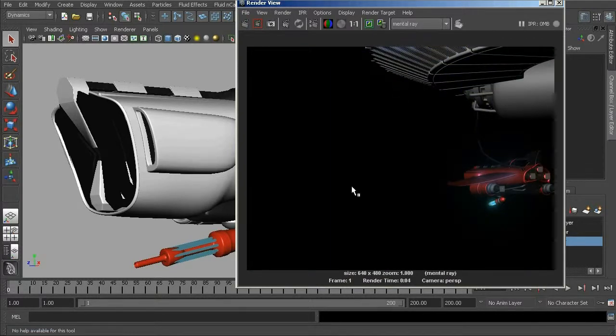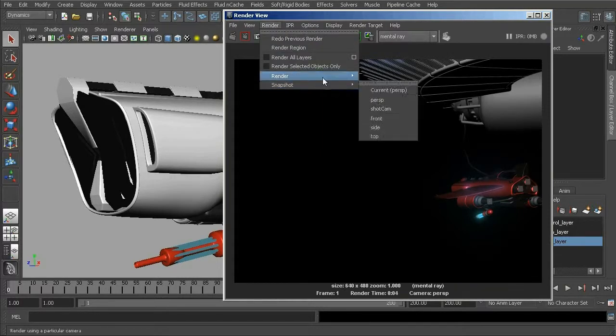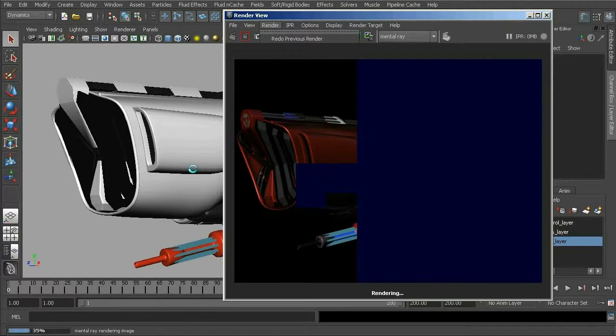Now, one of the things that I find to be probably one of the most useful features of the render view is the fact that we can save and compare renders for later comparison or usage or whatever we might want to do with that. So if I were to render from my shot cam, which is this current view, let's say I'm rendering this out,